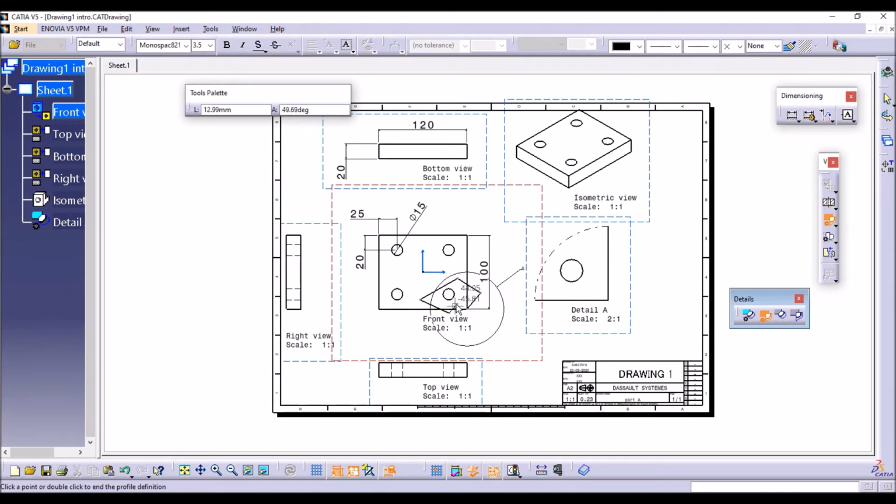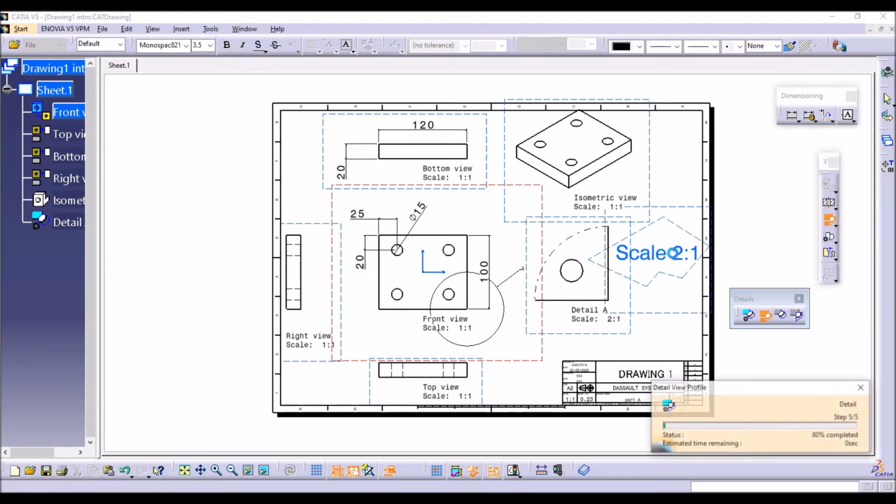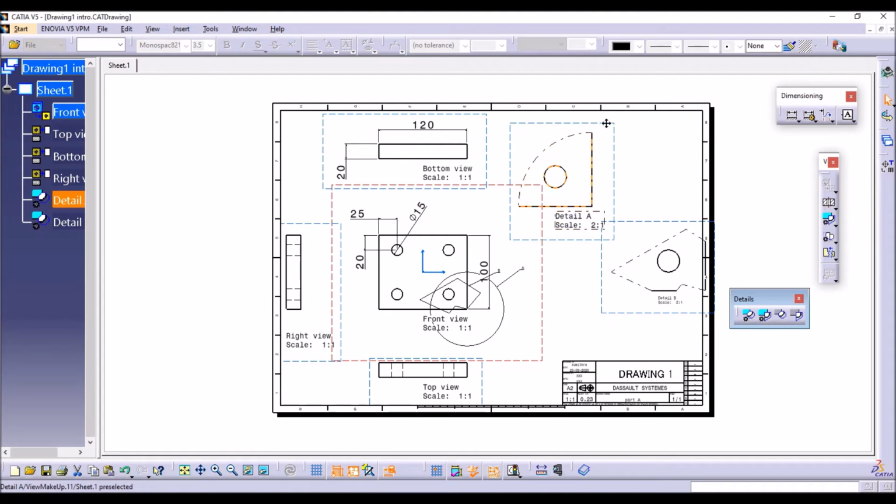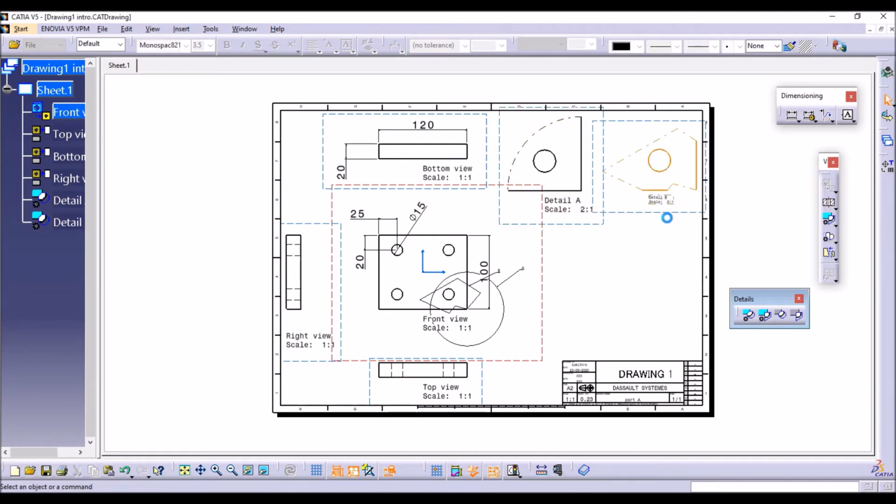Double click. As the space is not sufficient, I'm deleting this isometric view and placing this here. You can place these detail views wherever you want in the workspace. So this is the second one, the detail view profile.